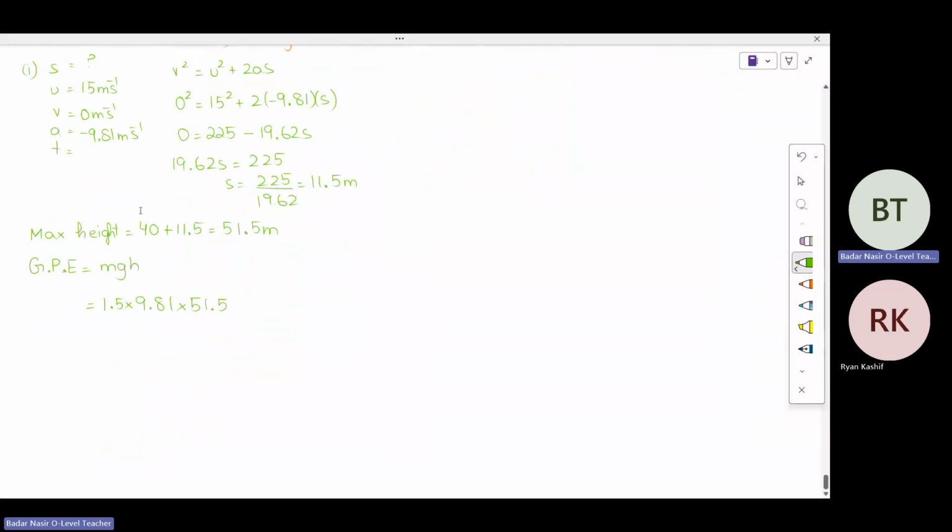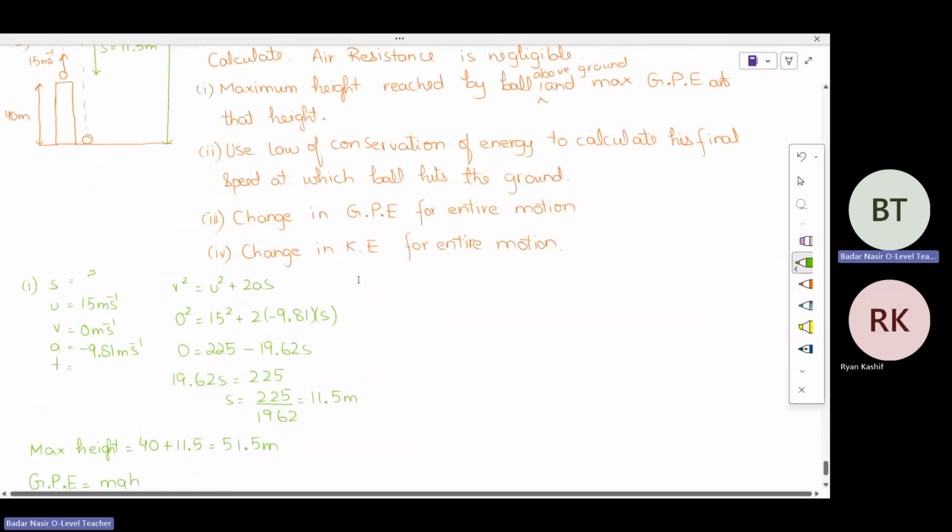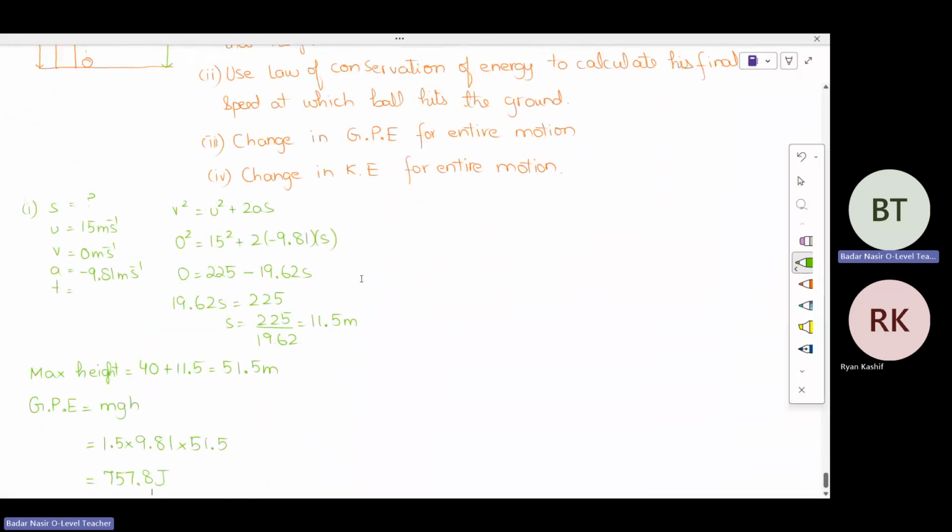So you just simply put the values in the expression. And what do we get? इसको multiply करके we get 757.8 J. तो ये आ गई हमारे पास मैक्सिमम ग्रेविटेशनल पोटेंशियल एनर्जी।